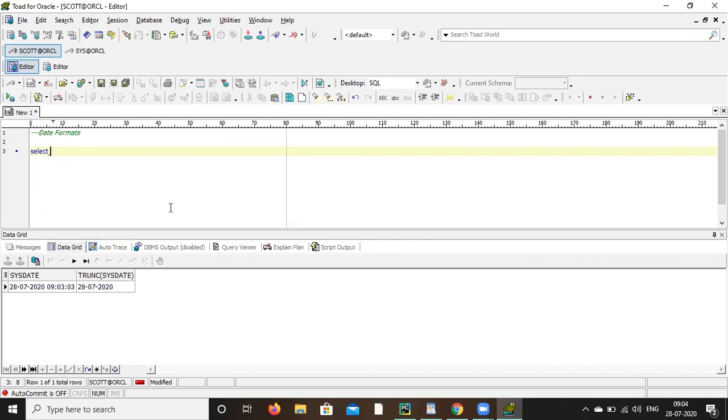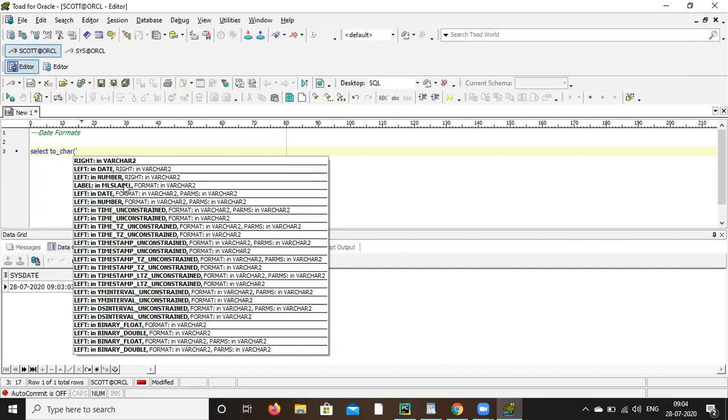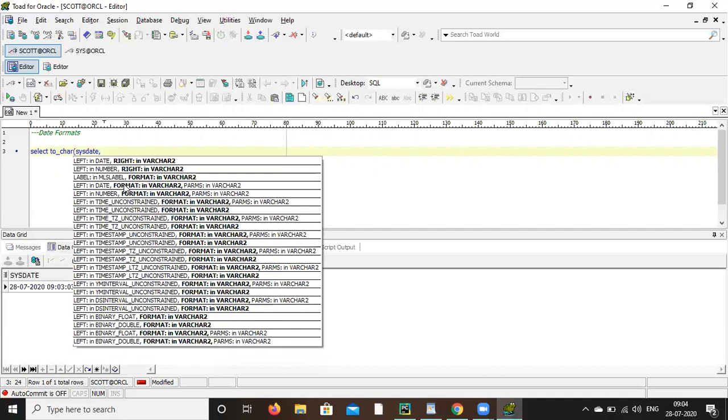That's why we are using to_char. Okay. To_char, bracket start, sysdate, comma, single quote, capital D, single quote, close bracket, from dual.